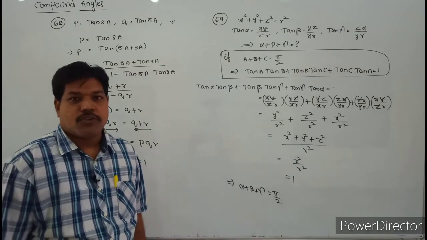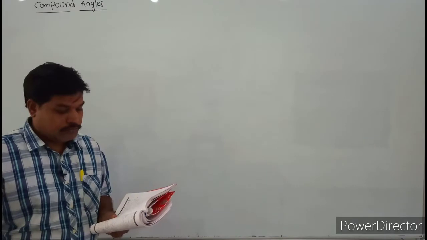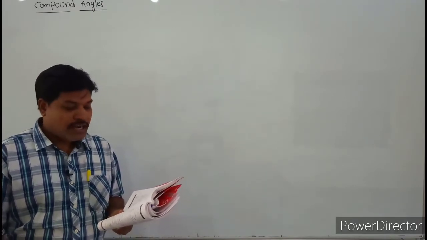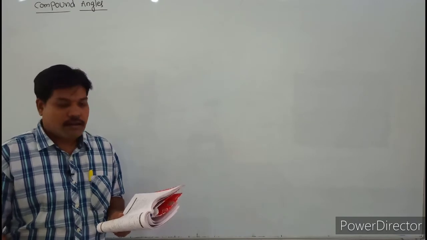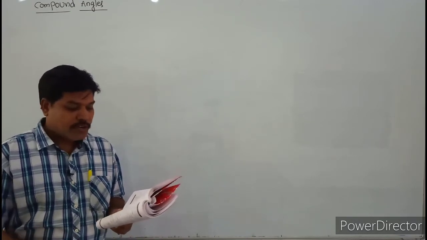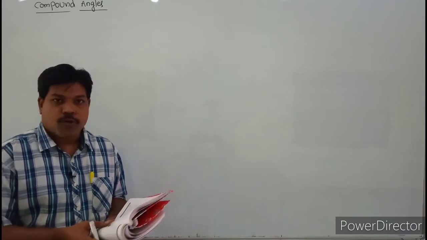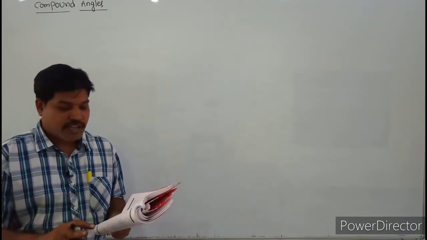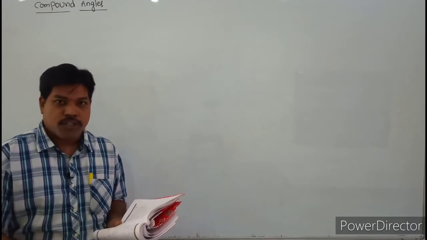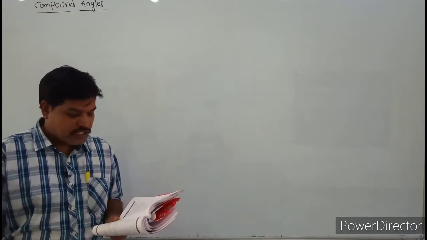Okay. So see that question students. Try question number 70. Statement 1 and statement 2, check whether both are correct or not. We have already proved these two conditions, so statement 1 and statement 2 both are true. Check question number 70, both the statements are given. They are asking which of the statements is true: 1 or 2 or both 1 and 2. Okay, so check that condition students.